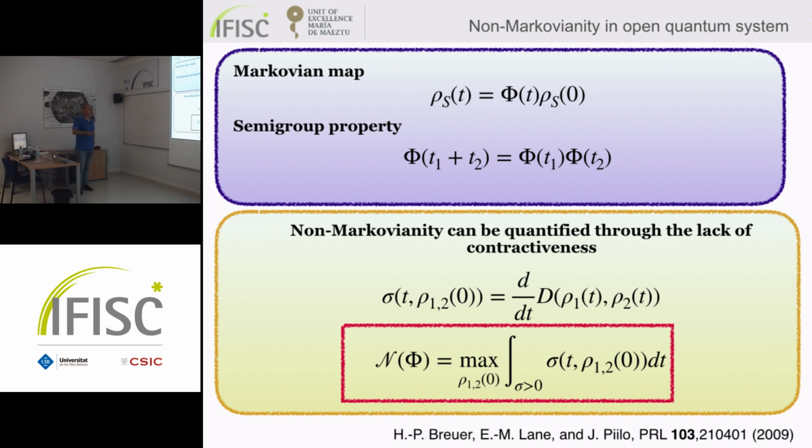if the evolution is Markovian, this must decrease in time. So this must be negative. If you have some time windows where this quantity is positive, it means that there is no Markovianity in the evolution. So you can define the amount of non-Markovianity of a map just taking all possible initial states, rho 1 or rho 2 of your Hilbert space, and then you take the integral of this rate only in the time windows where it is increasing. Because in those time windows, you are detecting non-Markovianity.